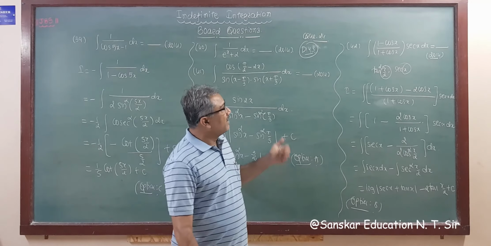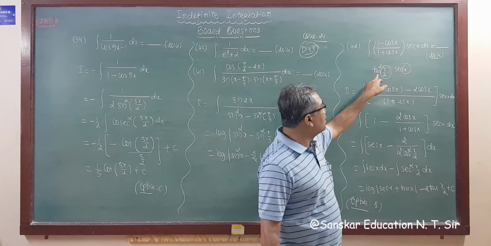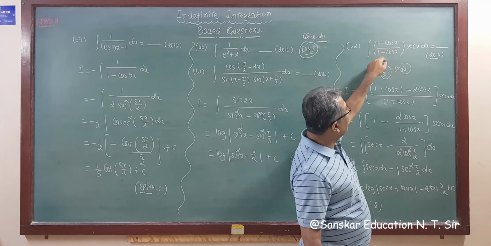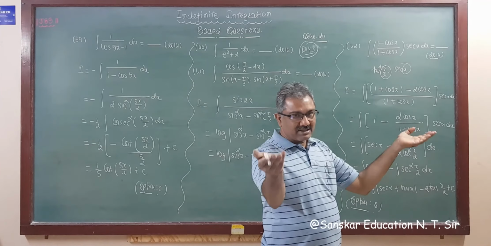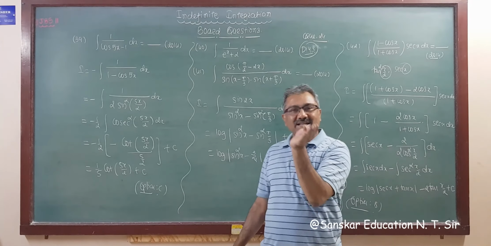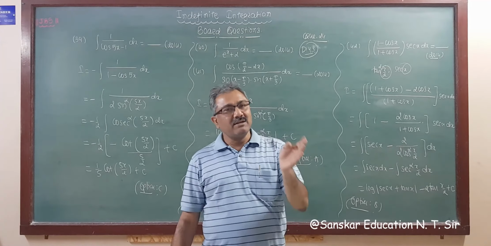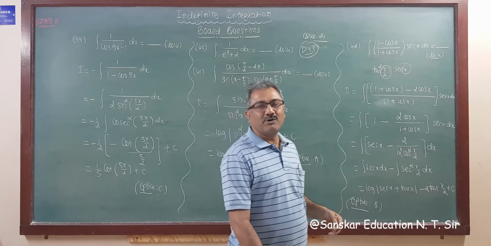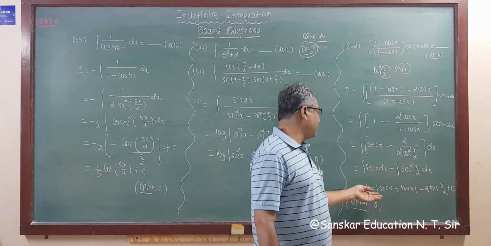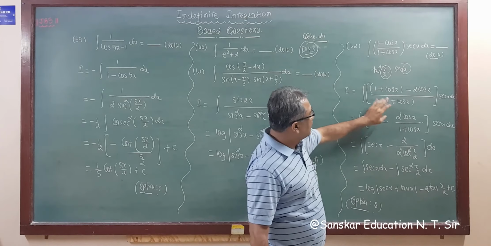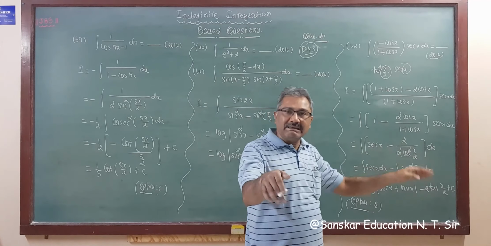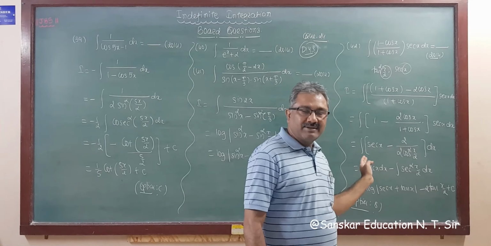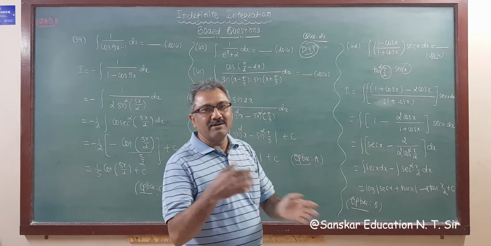Got it? So this is a nice question. If you use this formula, then you are not able to simplify, right? And while you are dividing and multiplying by 1 minus cos x, you have to adjust, right? Instead of 1, you have to write sin square x plus cos square x for bifurcating. Then apply all formulas, like tan into sec, cot into cosec, you have to apply three times, and then simplifying you will get this answer. But if you adjust the denominator in the numerator, you will get it very easily, saving time, right? So do practice for better results and saving of time. Okay.